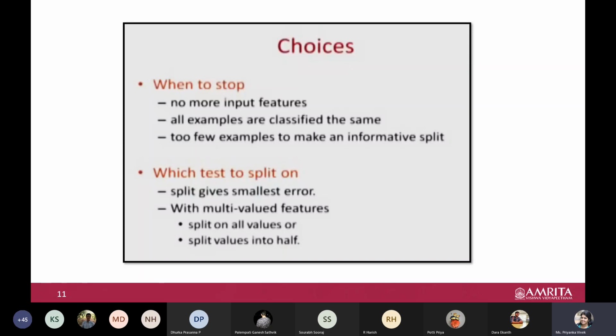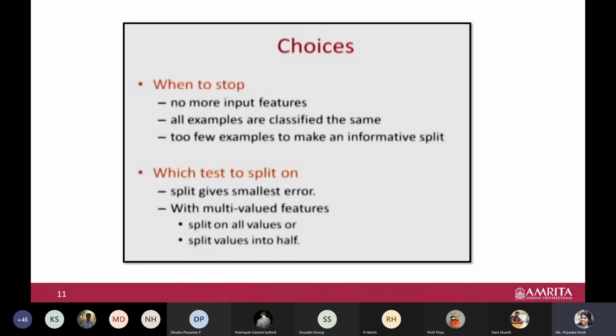Say you're growing the tree further and further. When to stop growing the tree? So one condition is you don't have any input features to split. When I am showing examples, it might be like 2-3 attributes. It looks very simple, but it could happen for a larger number of attributes also, with a large amount of data. So when you keep growing the tree, at some point of time you don't have any more attributes,